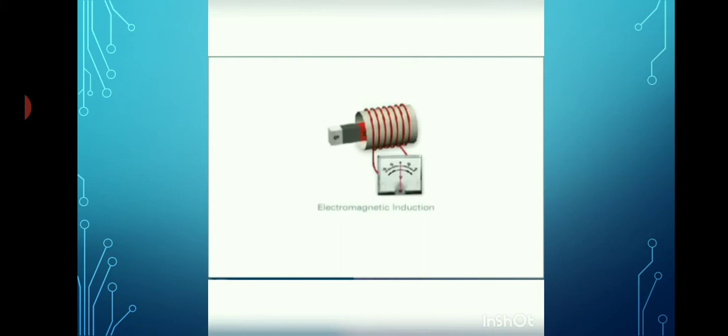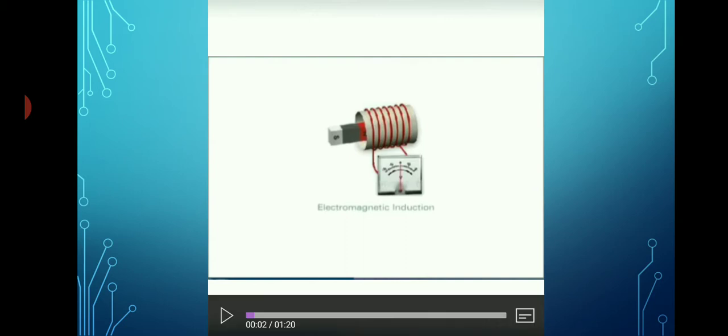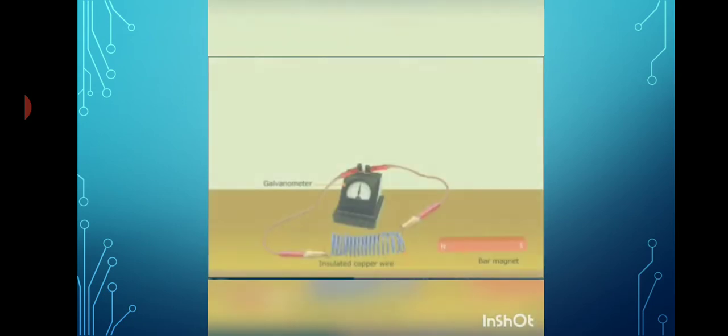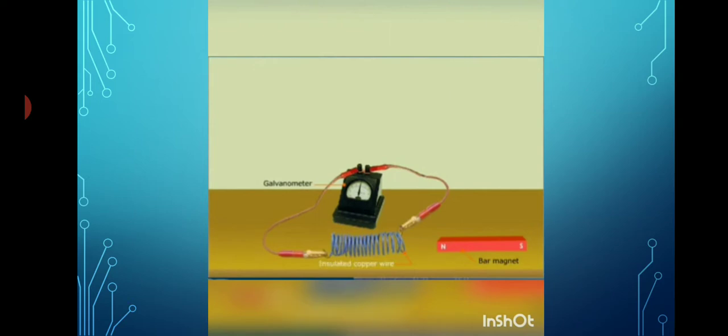So what is a galvanometer? It is a device like an ammeter, but it only detects the presence of current in the circuit. Okay, see, an ammeter is a device that measures the current in the circuit, whereas a galvanometer detects the presence of current in the circuit. Okay, and take a bar magnet